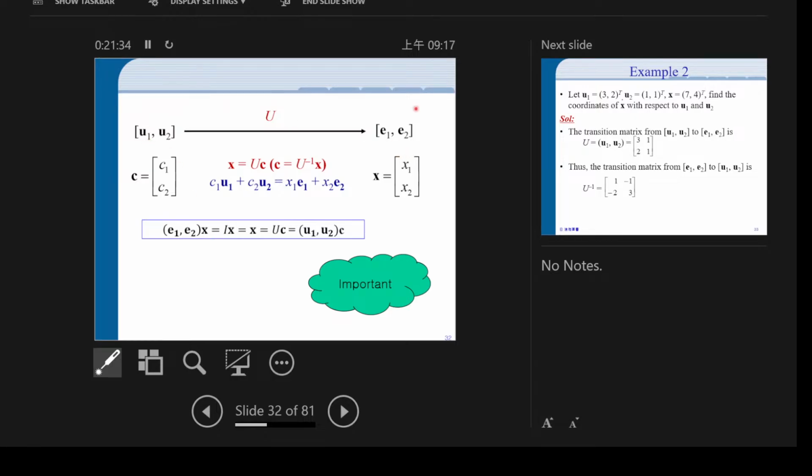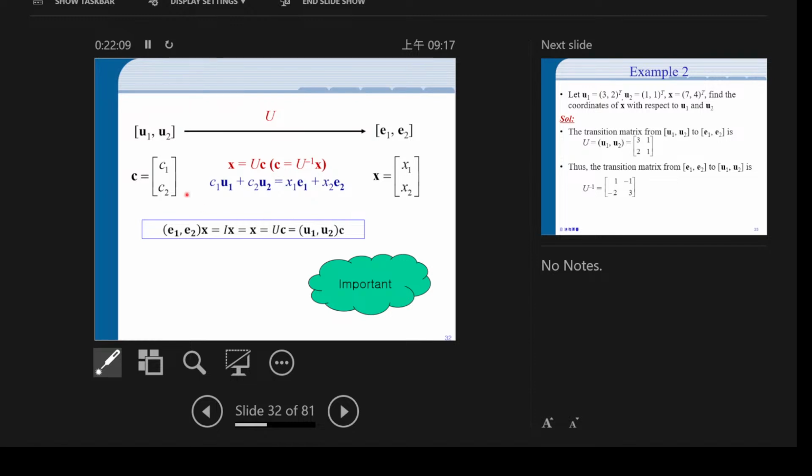It is also for a later part of the course. So we have this x equal to Uc, but there is a more symmetric way to think about this U matrix. Because for me it's a little harder to remember whether this U is from u to e or from e to u. But the easier way to remember this is you can think about also multiplying x with another thing. Okay? So really this equation, as we talked about,